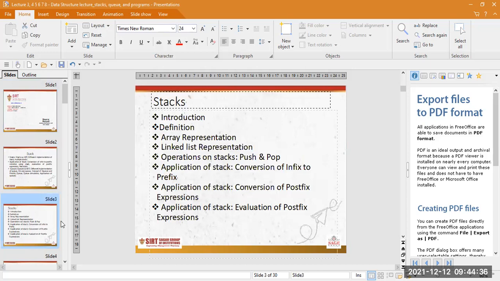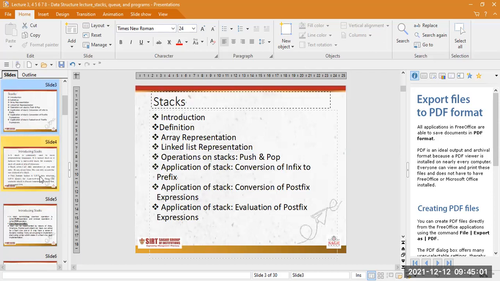These are the keywords where it is used, such as it is used to represent the array and the linked list. There are two operations, push and pop, and we do the conversion from infix to postfix, postfix to prefix. These are basically the conversions of your equation or the formula which you are giving.